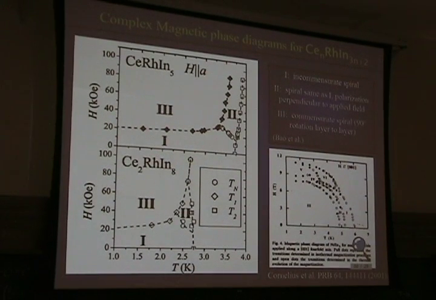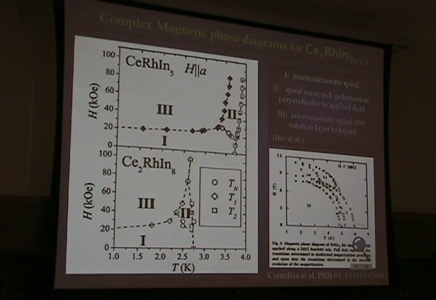Before we go there, when you look at the neodymium compound, it has a lower T_N than the tetragonal ones, and it has more complex phase diagrams in field. When you go to the cerium compounds, the tetragonal compounds are the ones that have lower T_N, right? So you should expect a more complex phase diagram, because of competing magnetic interactions, for the cerium 115s than for